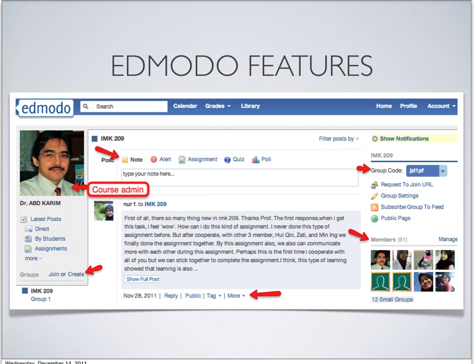So this is a good way to manage and also later to access and to find any post that you want. Up here you have the calendar, so you can put all the events, activities, deadlines, and everything about the course in the calendar here. The grades, if you click the grades, you will see the grades like a spreadsheet, all the grades for all the assignment activities that you have given to the students. And the library here is where you can store all the resources that you upload or the students upload into the course.